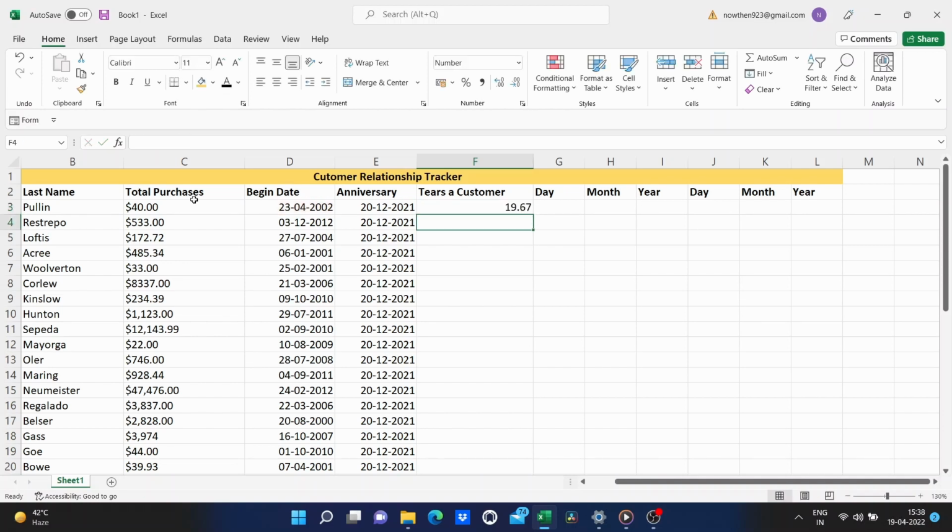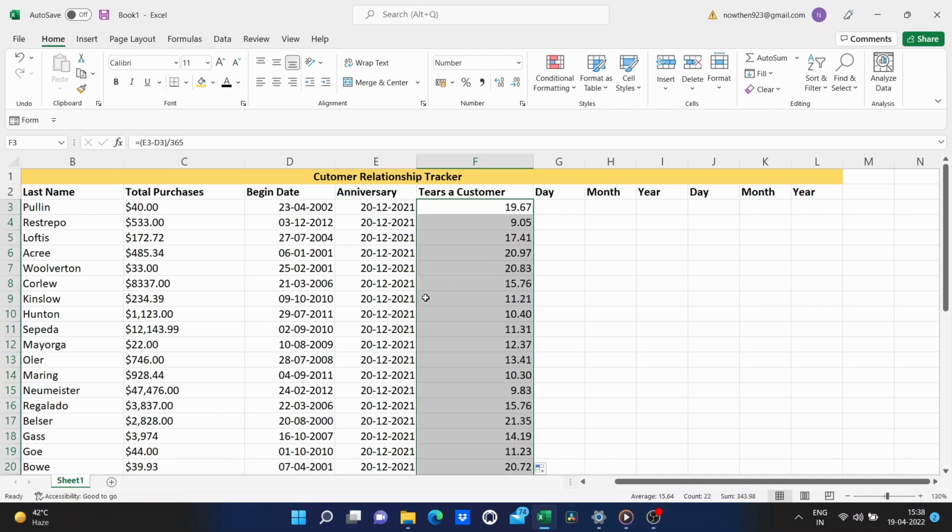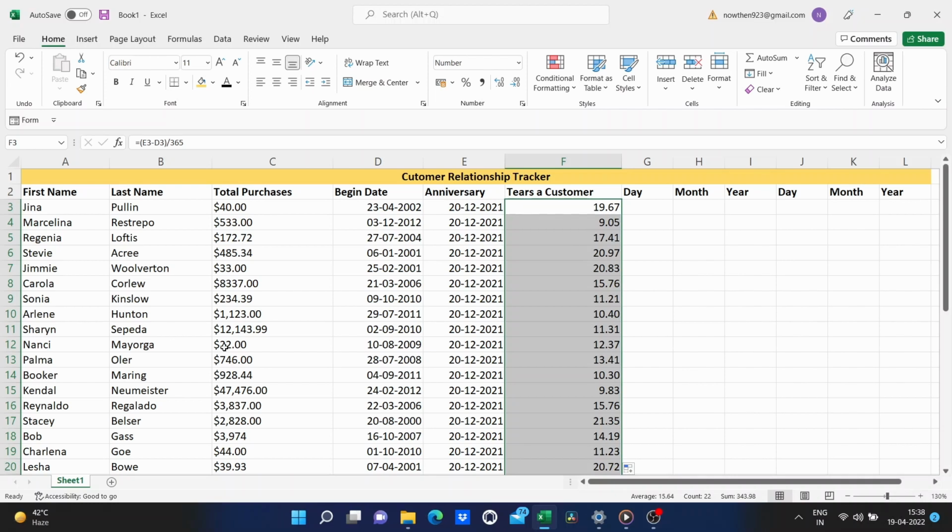Tap enter on the keyboard, and that tells me how many years Gina Poulin has been a customer. I can just double-click on the green square in the lower right corner of the cell, and it will copy that formula down the spreadsheet, so that quickly I can know how long each customer has been a customer of the company.